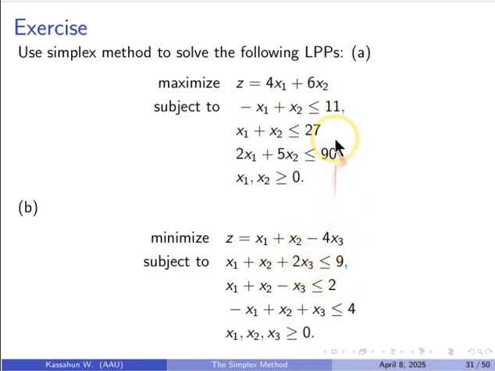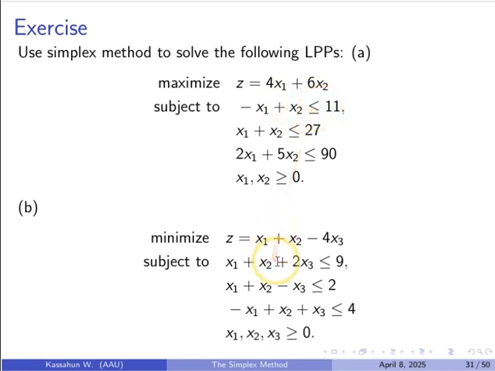By the way, here graphical method is better than simplex method because it's simple to compute the corner points from this, and then you will choose those corner points that give us the maximum of z. But here it's not the case as the two variables case, two dimension case.